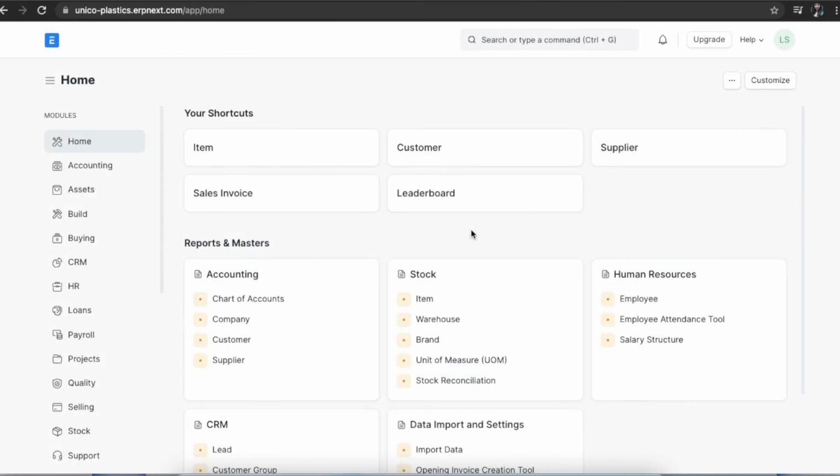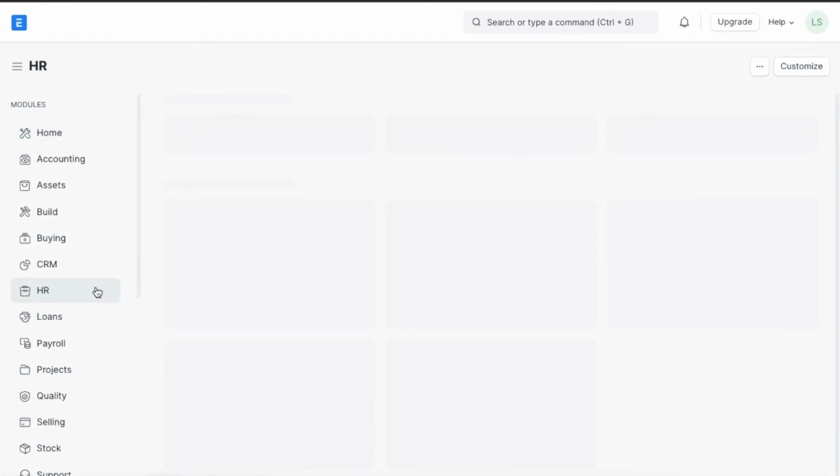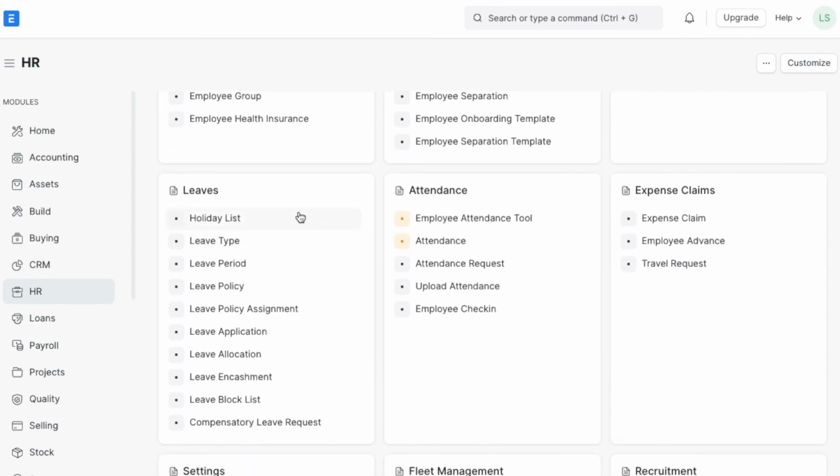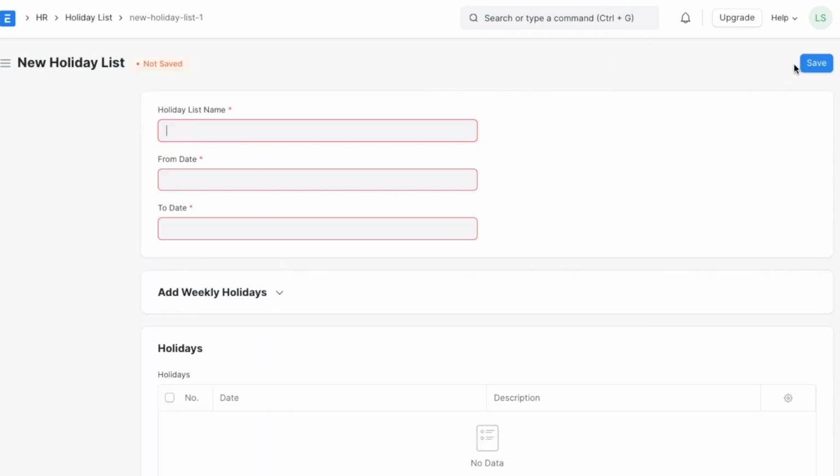Now, we can explore holiday lists. A holiday list contains dates of holidays as defined by a particular organization. An organization can have a standard holiday list for the entire workforce or can have different holiday lists based on locations or departments. We can configure holiday lists by navigating in the HR module to holiday list under the leaves section. We can add a new holiday list here in add holiday list.